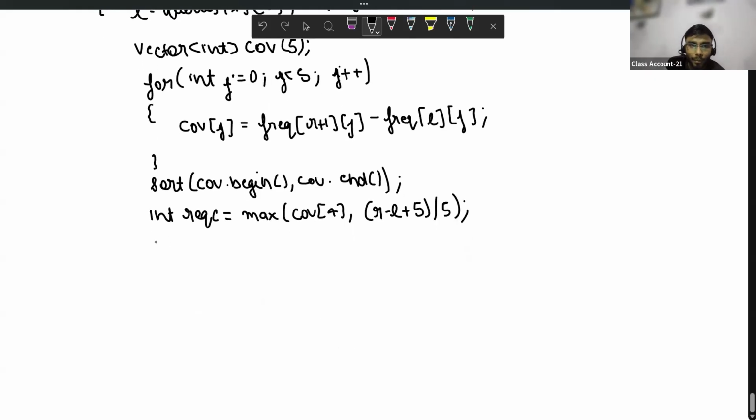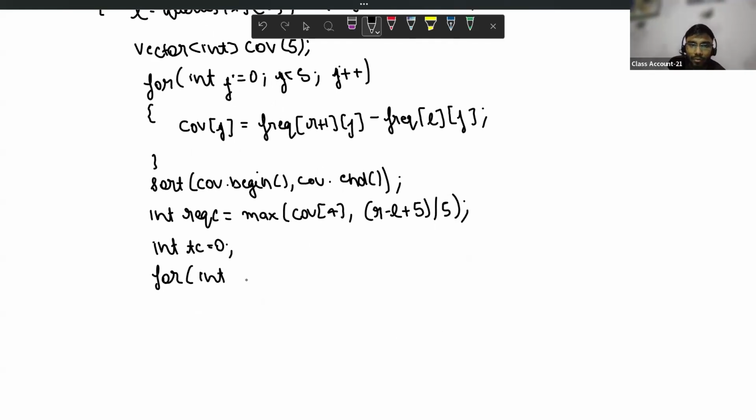Now let's declare a total count variable with 0 and again run a loop from j equals 0 to j less than 5, so that I can calculate my total count of the vowels that I need to replace, meaning operations. How? My total count plus equals what?